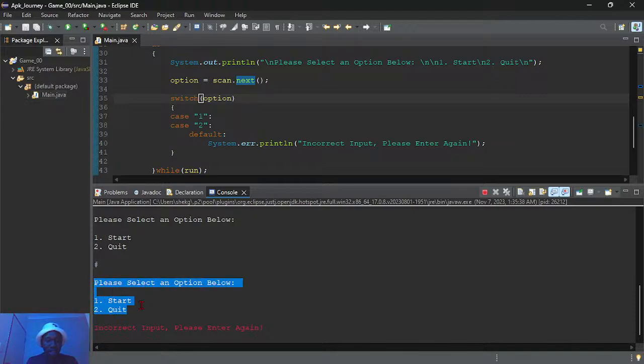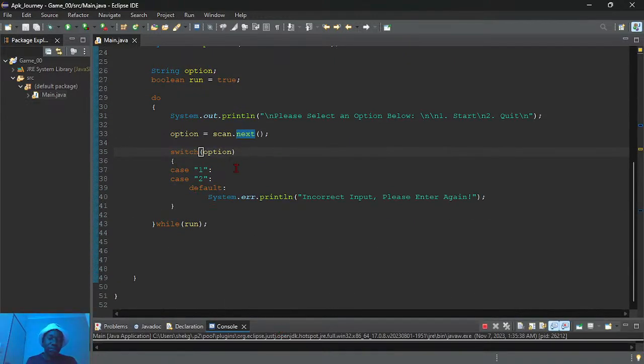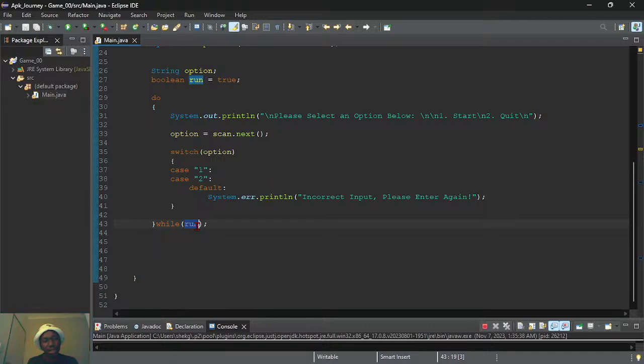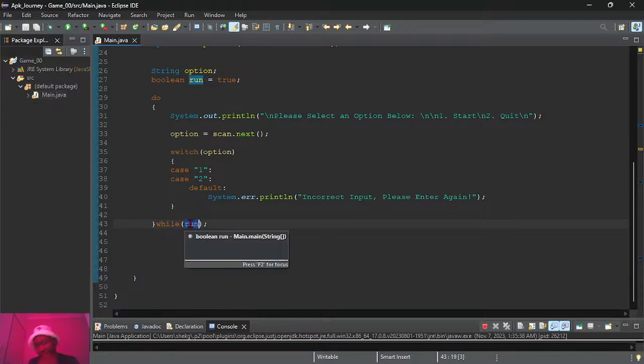The reason for this to happen is because of what we call the do while. This thing will keep on doing whatever is in here up until the run is false. Am I saying it correctly? Yeah, it will keep on doing this up until the run is false.